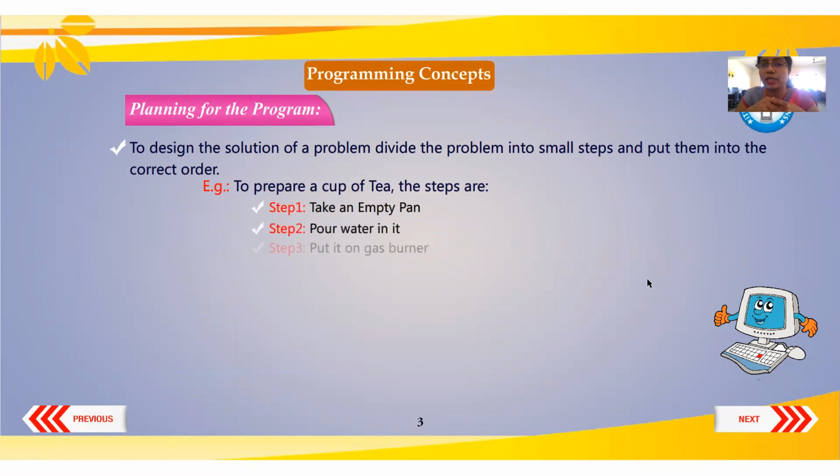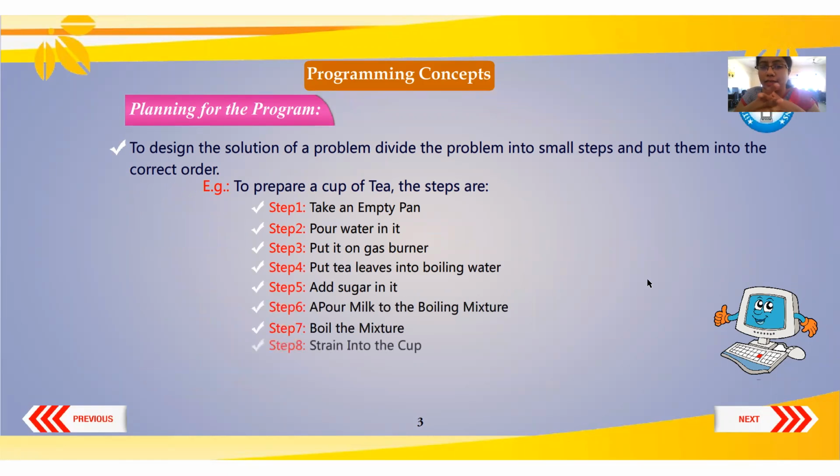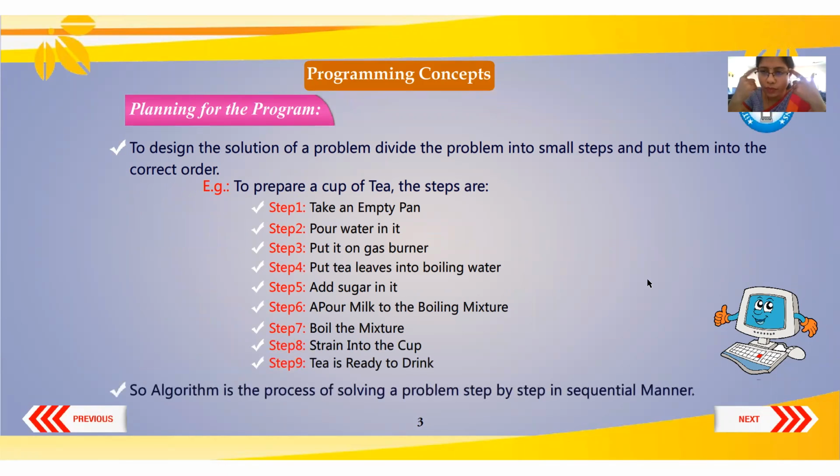In the last class, we saw that if we have any problem or if we want to do any task, first, what do we do? We plan, right? We plan how to solve this problem. Everything we keep in a step by step manner. First, what needs to be solved. Second, what needs to be solved. Third step, fourth step. We also saw the steps to prepare tea, right?